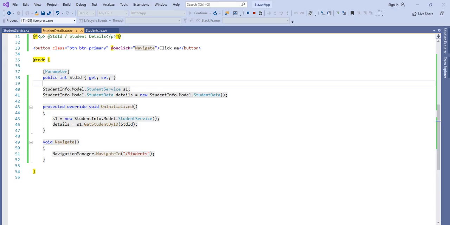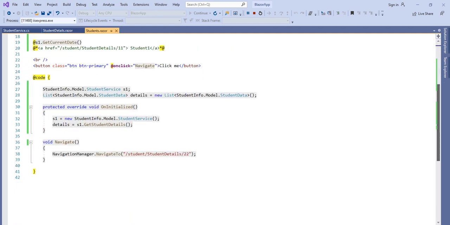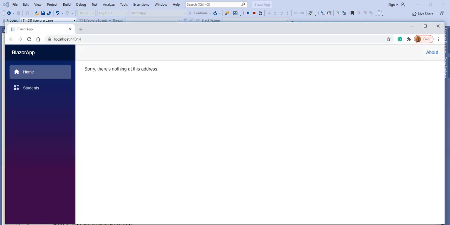As I explained previously, this is the NavigationManager dependency injection. This is a service which we have injected on this student page, and we are injecting it here to navigate from one component to another component. But now in this tutorial, we are going to continue with the application we created in the previous tutorial.